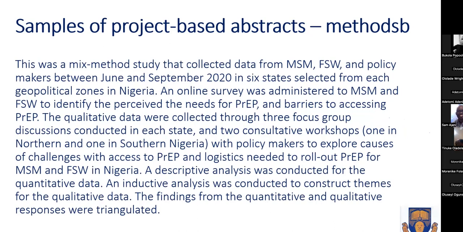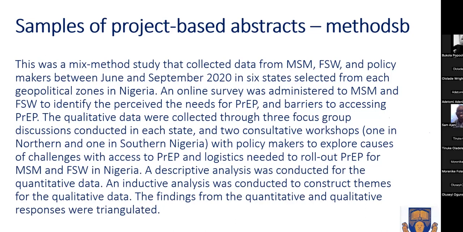This person went on to write: This was a mixed method study that collected data from MSM, female sex workers, and policymakers between June and September 2020 in 6 states selected from each geopolitical zone in Nigeria. An online survey was administered to MSM and female sex workers to identify the perceived need for PrEP and barriers